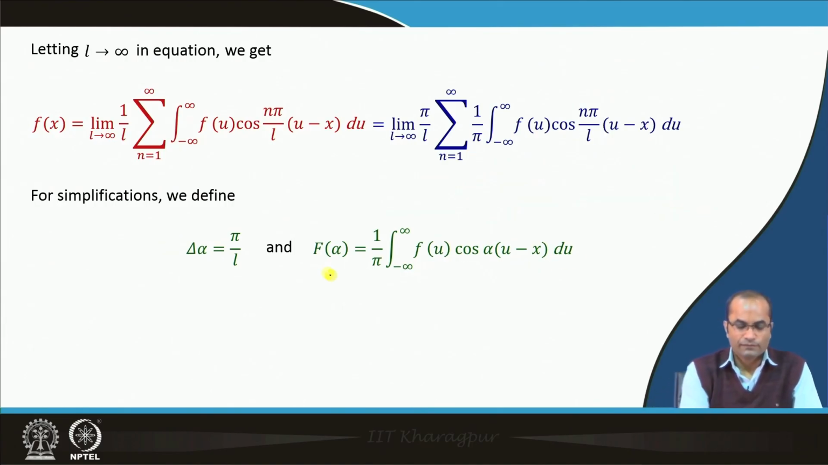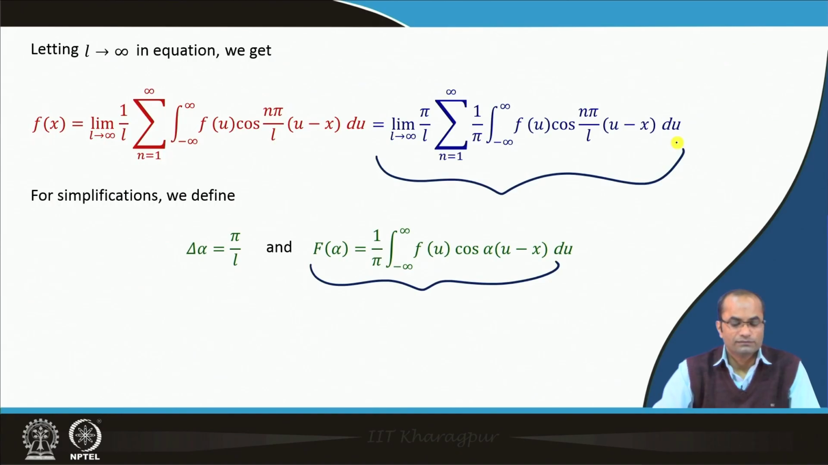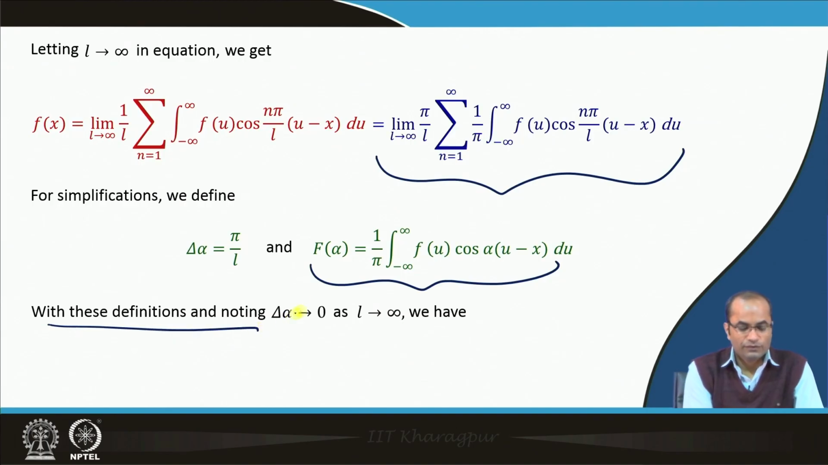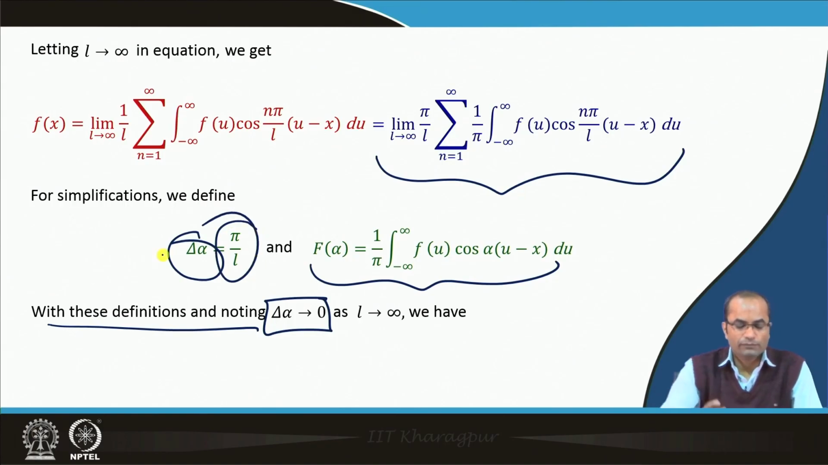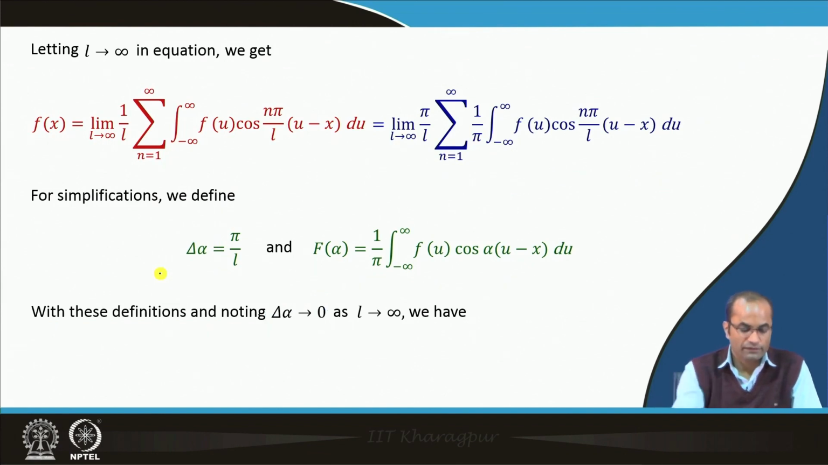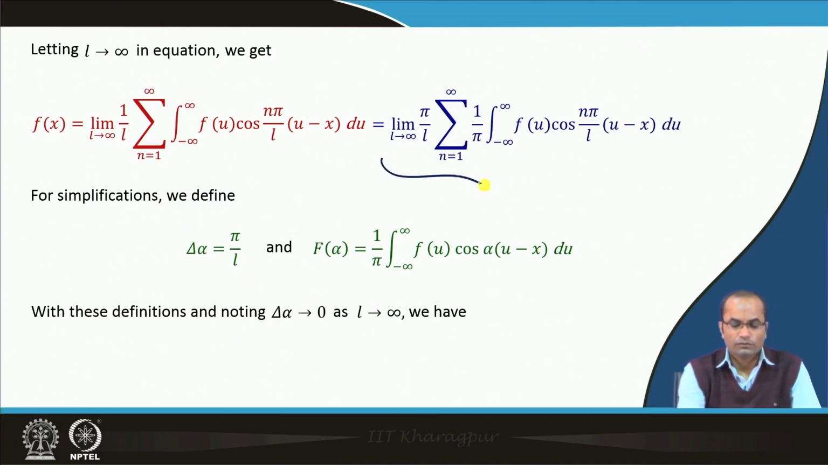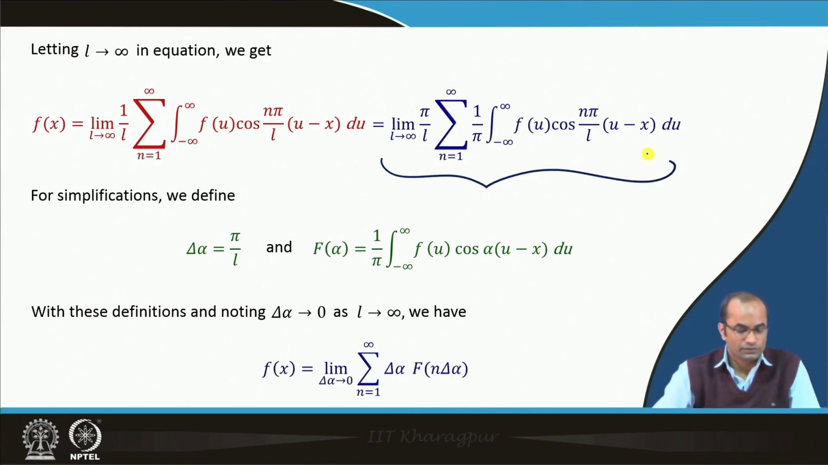So, with this notation we can now write down this Fourier series in this form, and then we also notice that when delta L approaches 0, that means L approaches infinity. So, as L approaches infinity, delta alpha will go to 0 with this relation. If L goes to infinity, then naturally delta alpha will go to 0. So, now this integral we can rewrite. So, we have f(x) and we have the limit, instead of saying L goes to infinity, because L